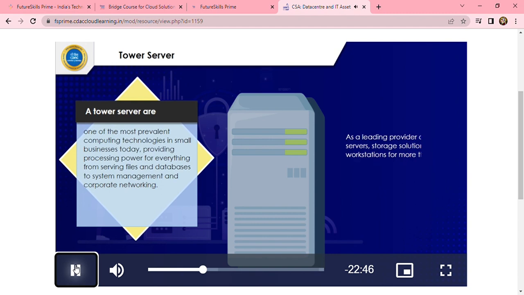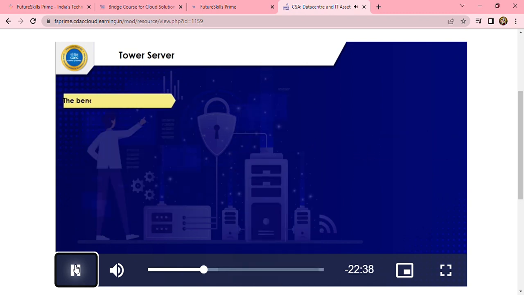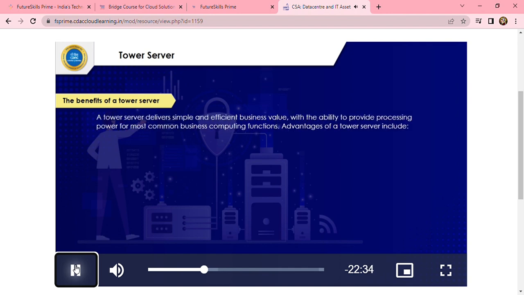As a leading provider of custom servers, storage solutions, and workstations for more than 25 years. The benefits of a tower server. A tower server delivers simple and efficient business value, with the ability to provide processing power for most common business computing functions. Advantages of a tower server include